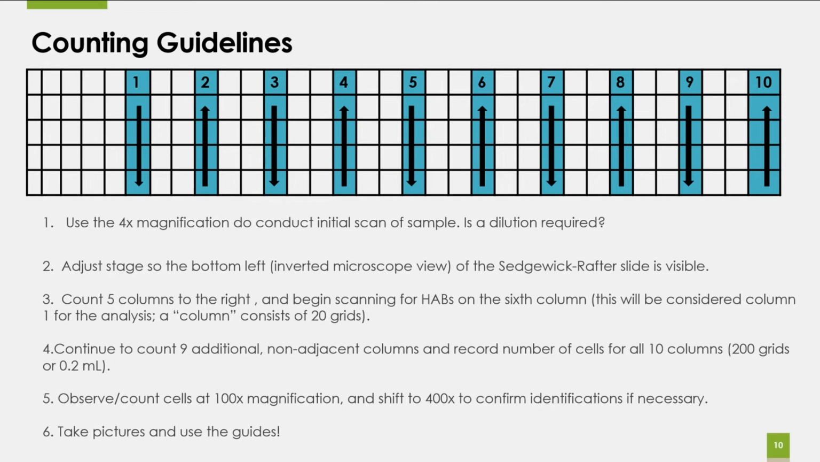I do my counting at the 100 magnification, which is the kind of medium power. And you can shift to 400 to confirm identifications, which is the highest power you can use. My microscope has 4 objectives. You cannot use the